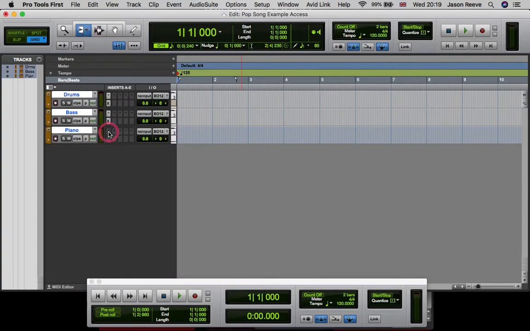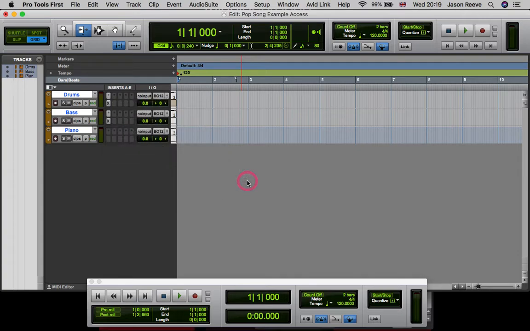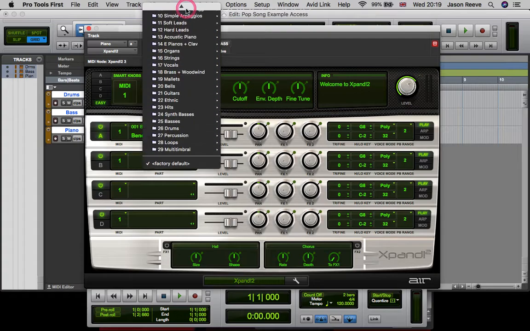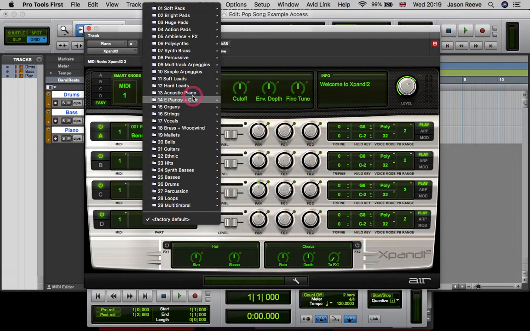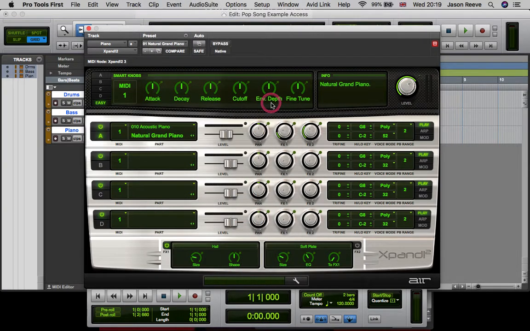And then finally for the piano, click on there, plug-in again, instrument and expand to. Again the factory default preset there, should have acoustic piano somewhere there, number 13 across, and again select what you want, but I'm going to go for the natural grand piano. So